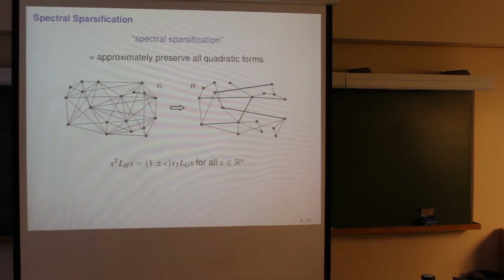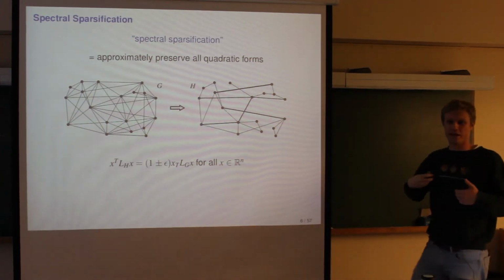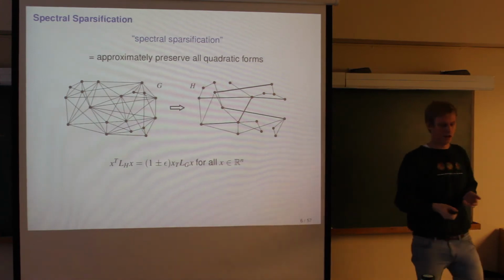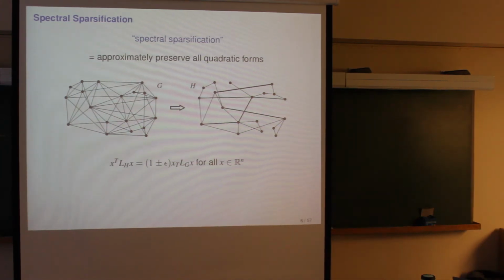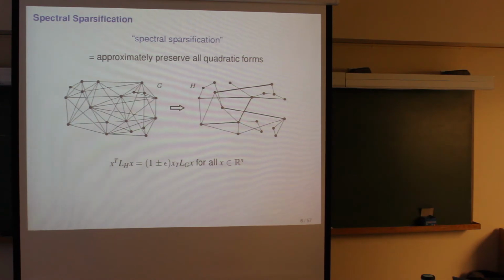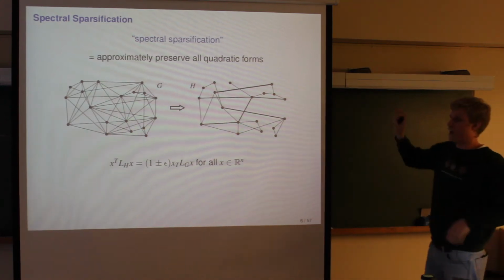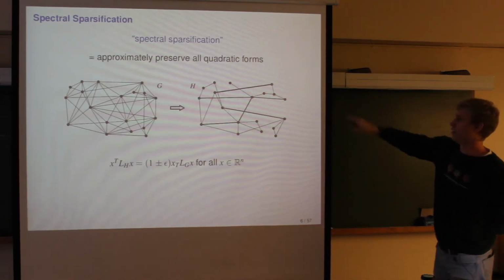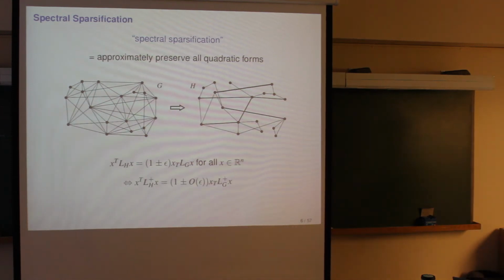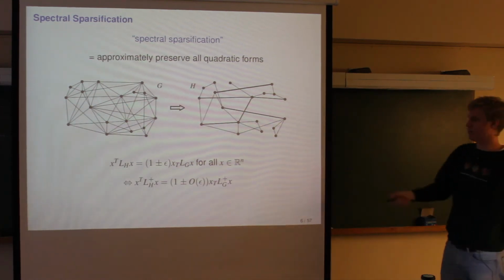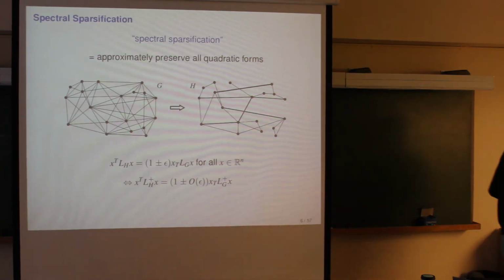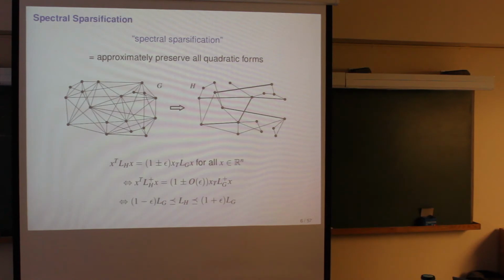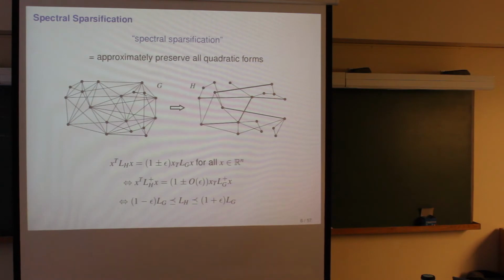So basically that means that if you're interested in quadratic forms of the Laplacian, then I can essentially just send you the sparsified graph, and then you can approximate all quadratic forms that you were originally interested in. And you want that this is the case for every x, right? So we don't want that this holds with high probability. We want that this holds for every vector x over the node set of H. An equivalent formulation you can show is that quadratic forms in the inverse or pseudo-inverse are also preserved, or you can use this PSD ordering, which just expresses the same condition pretty much. Okay? So this is the notion that we're interested in.